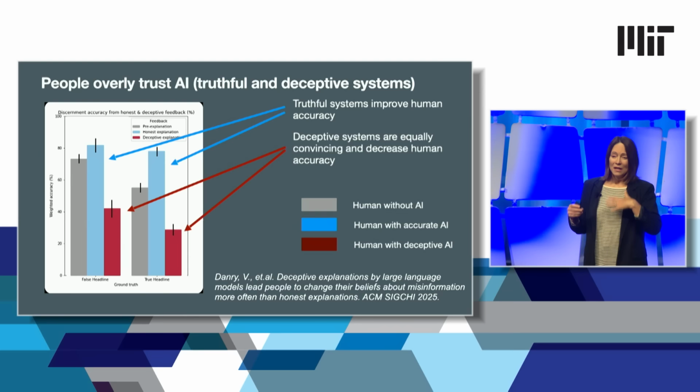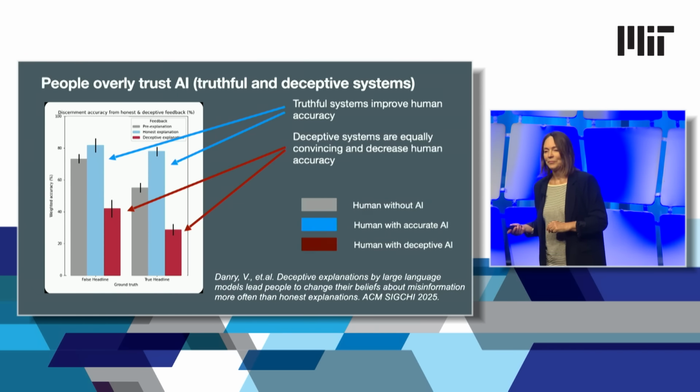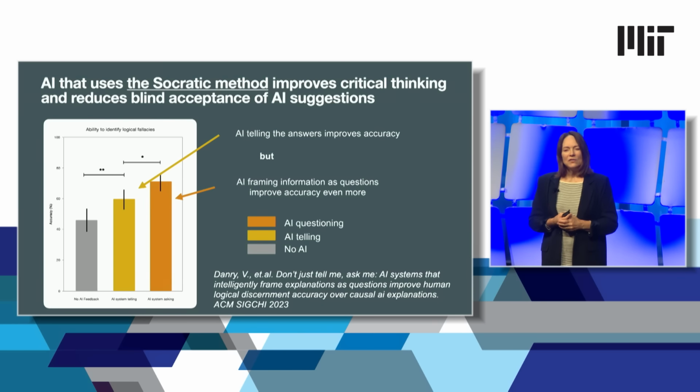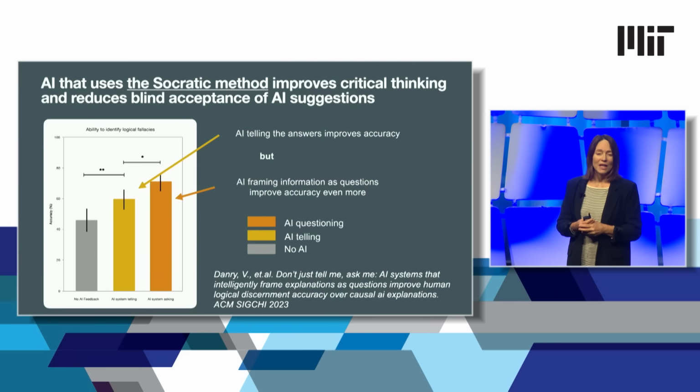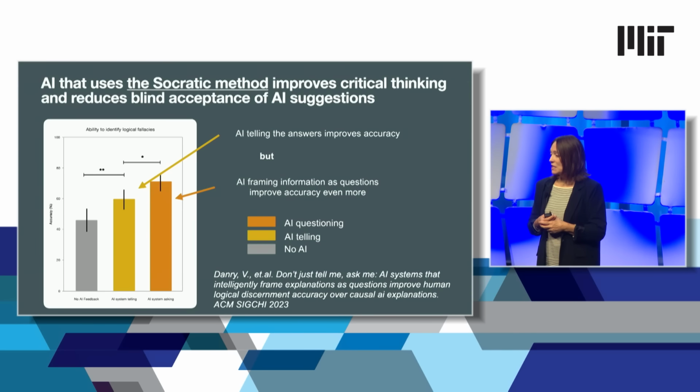And in fact, often you hear people say explanations are so important. What we learned is if you provide explanations, people trust the wrong AI even more. They don't really look carefully at the explanation. They just trust that if the AI has an explanation for why something is true or false, well, it must be right. So we try to come up with new methods also in our lab, new designs for AI and AI deployments that actually will mitigate some of these problems.